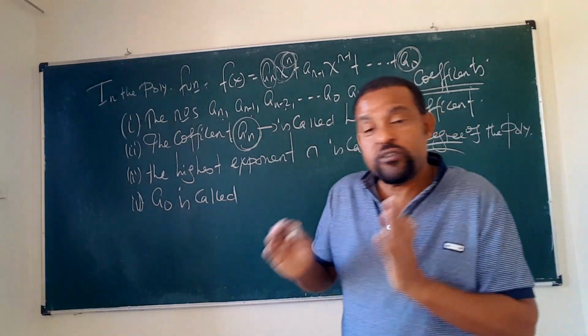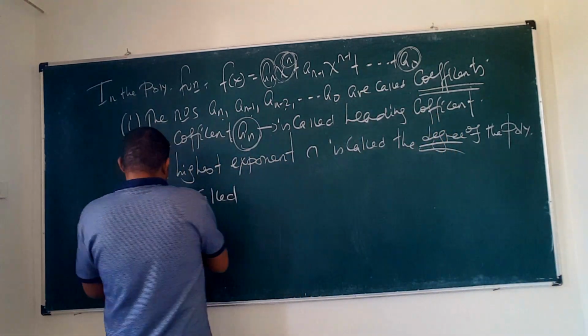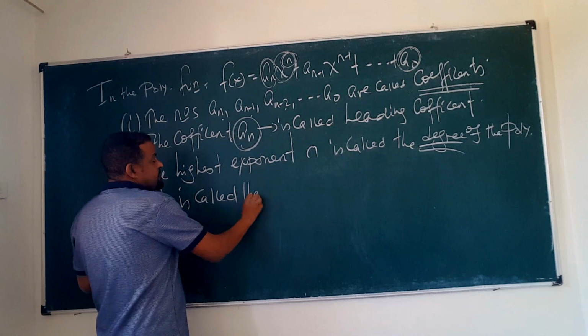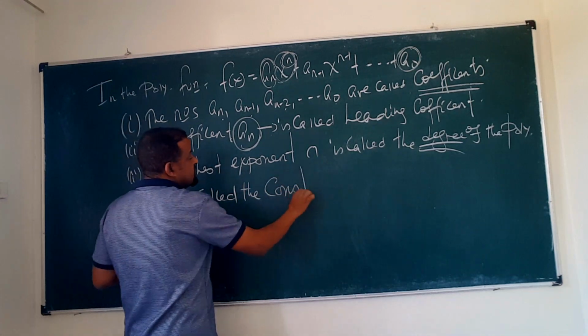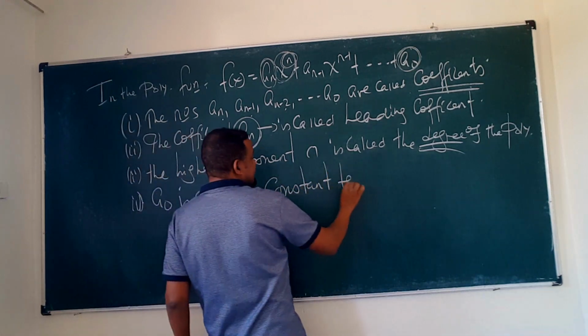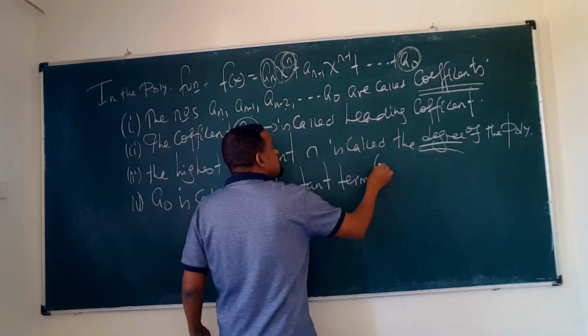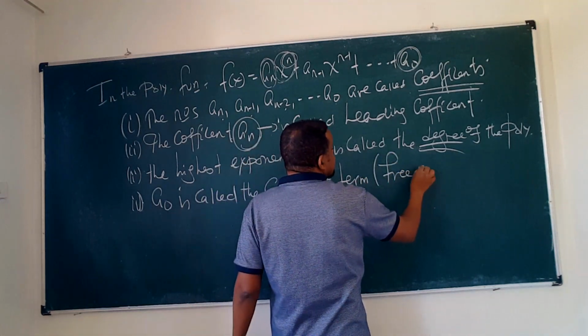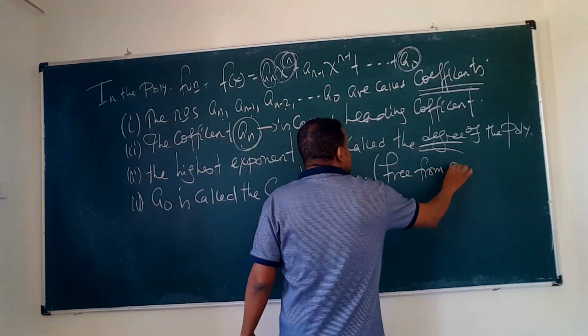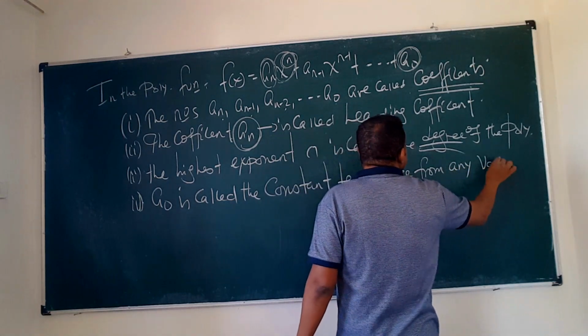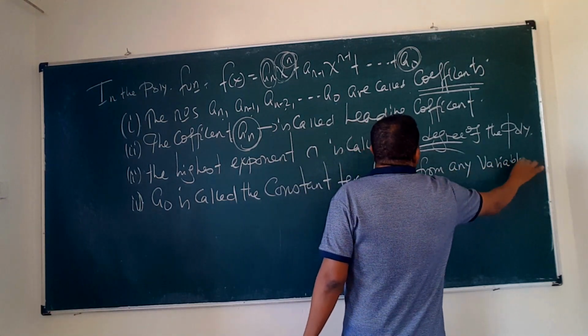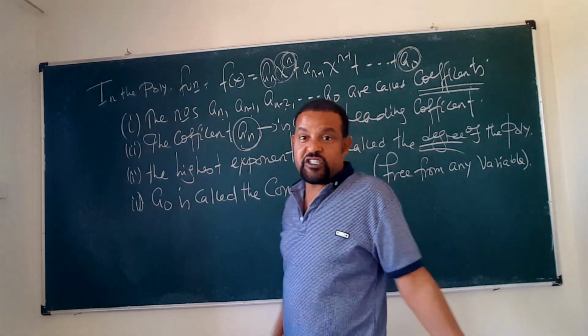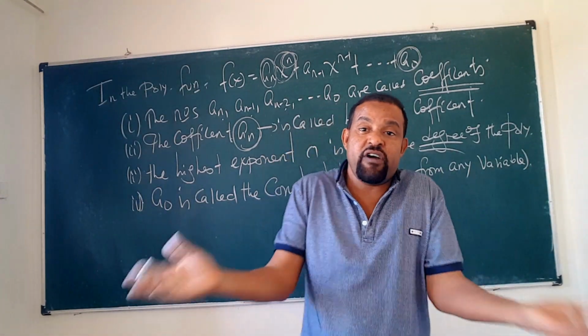That is a constant which is free from a naught is called the constant term, it's called what, a constant term, of course which is free from any variable ከየትኛውም variable ነፃ ነው